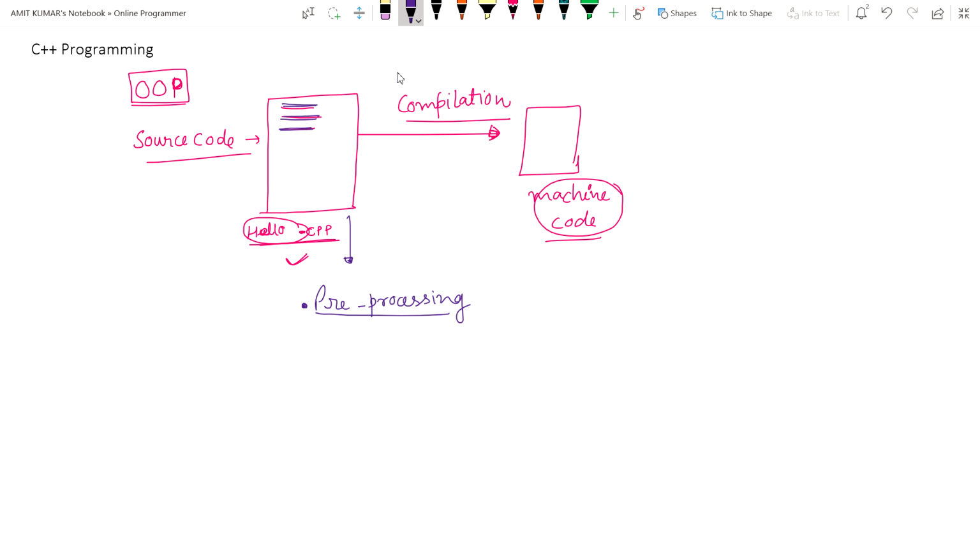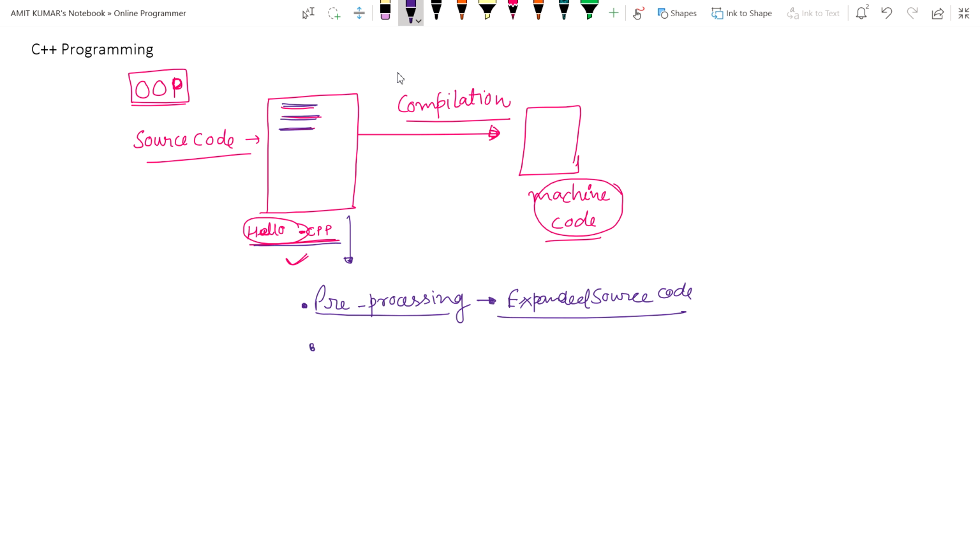So this is our source code, and after this step, an expanded version of the source code is created. We will see this in this lecture.